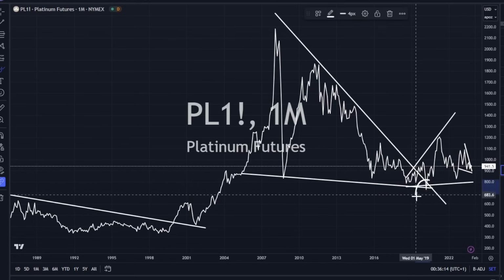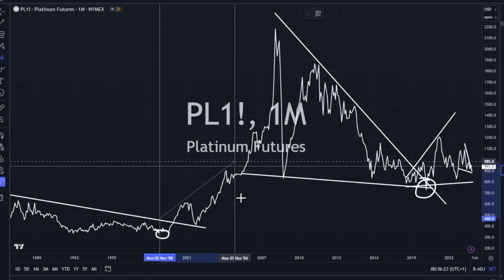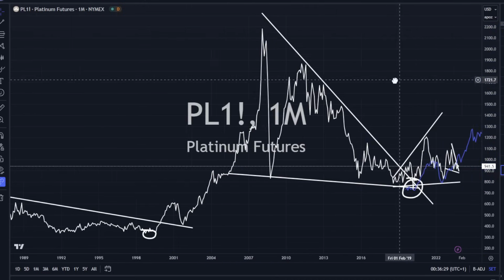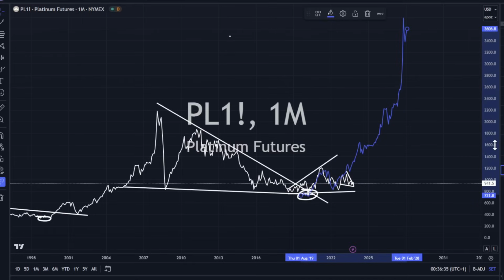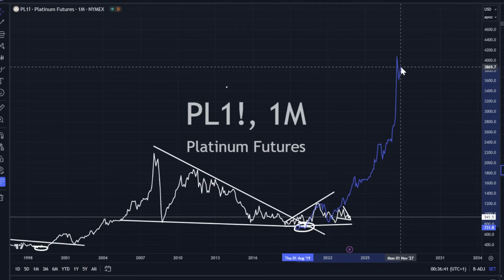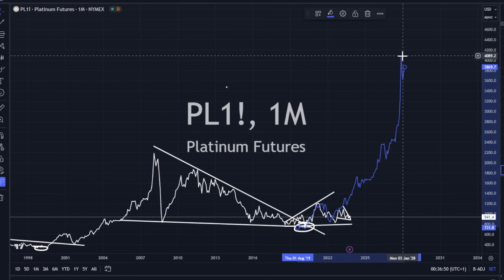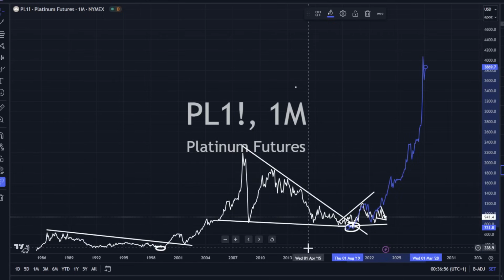So if you said 2020 is the bottom, remember 98 was the bottom here. I'm just going to grab this fractal here. If I overlay it where the beginning of it was, this is what could potentially be occurring here. And it looks something on the lines of there's your big move there. It doesn't have to be perfect, guys. Maybe this came back down for whatever reason, but that's what it looks like to me. And maybe we go to $4,000 an ounce if this fractal is positioned correctly and big enough.